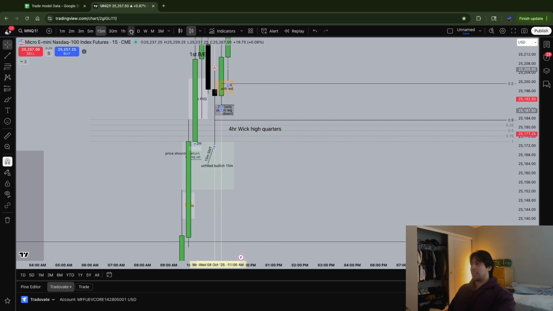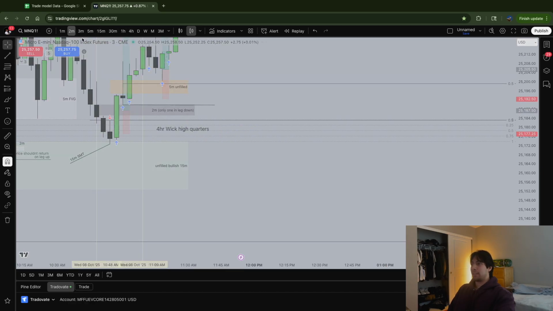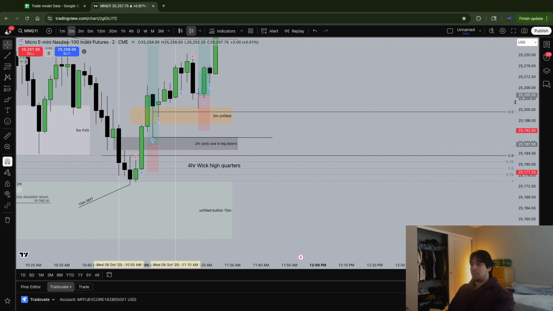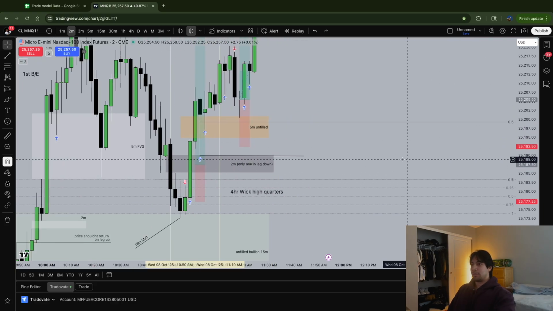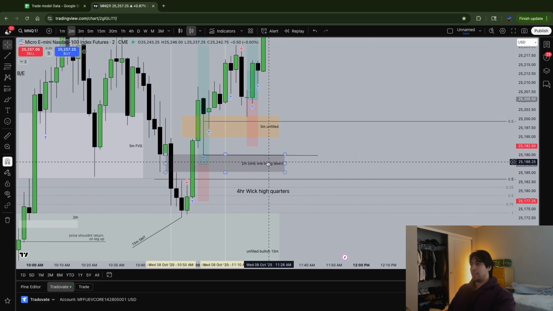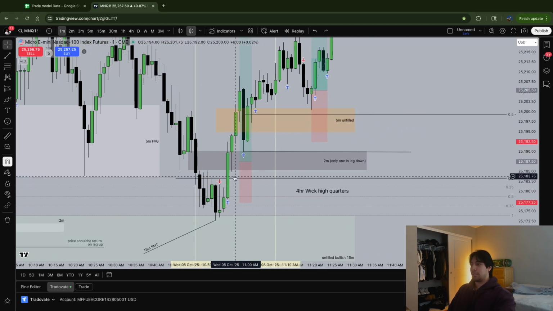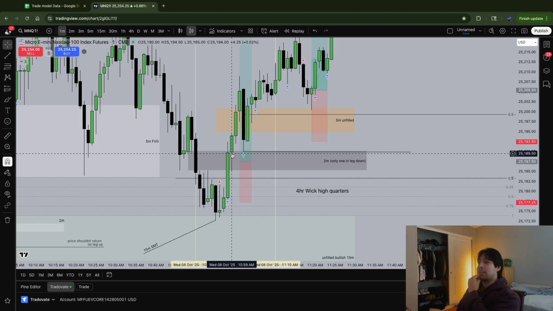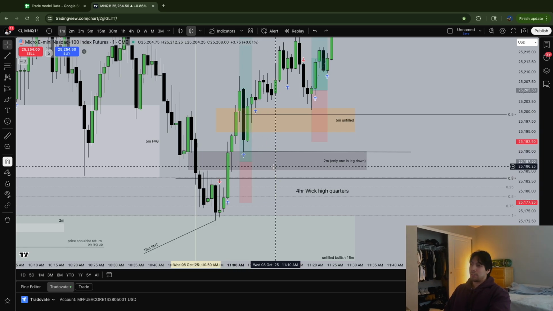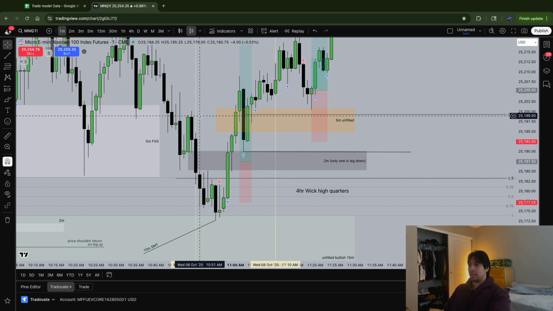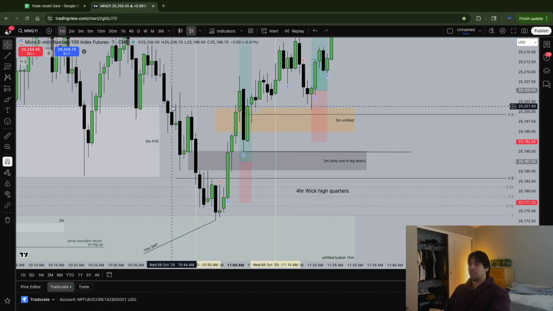So I was then looking at these 4 hour wick quadrants. I'm not gonna pull that up. And then after the 2 minute fair value gap got inversed, we got an immediate entry right there when we tapped back into it. I could have entered on the 30 and the 15 and entered there. I even thought of something that was playing out while I was looking at the 1 minute. I was thinking about the 15 second, and I was debating entering there, but I was just gonna wait until we take out this high and get like a significant market structure shift.